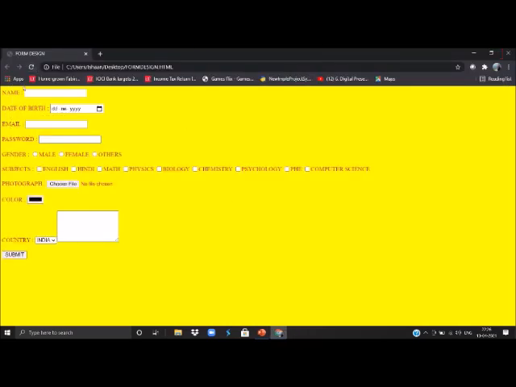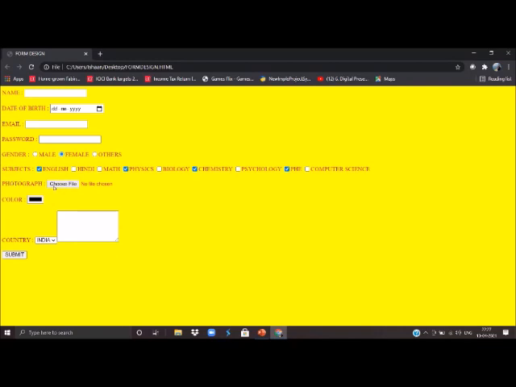See, this is our form. Here we had used the text property of input tag, here date, here email, password. In gender we can see that we can select any one option, and this is possible only because we have used the same name for this field. And in subjects we have used check boxes, so we can select multiple options out of this, but all these options should appear for one field only. For that we'll have to use the same name.